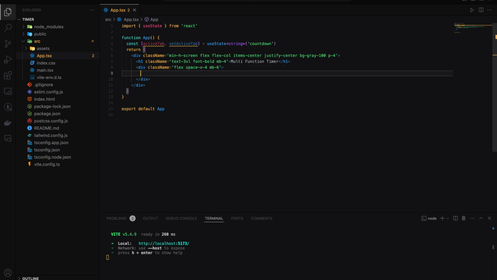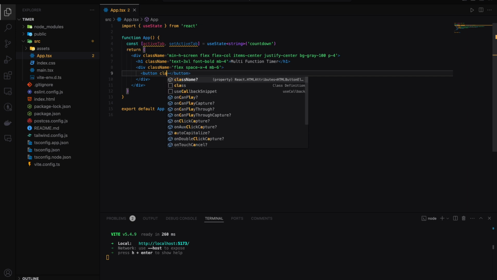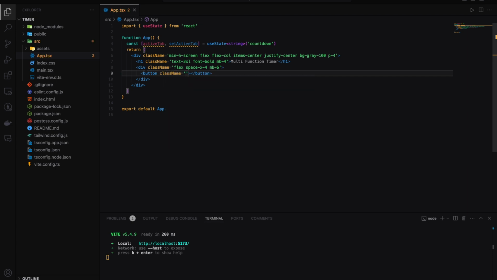Under this div, create a button. For that button, we need the className. So the className is going to be like this: px-4 and also py-2 and rounded. After it, dollar sign and curly braces. In this, when the active tab is equal to countdown,